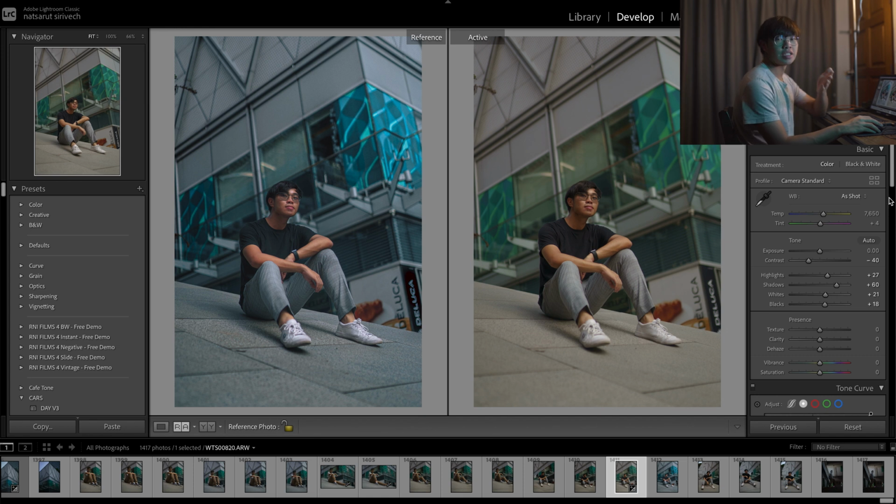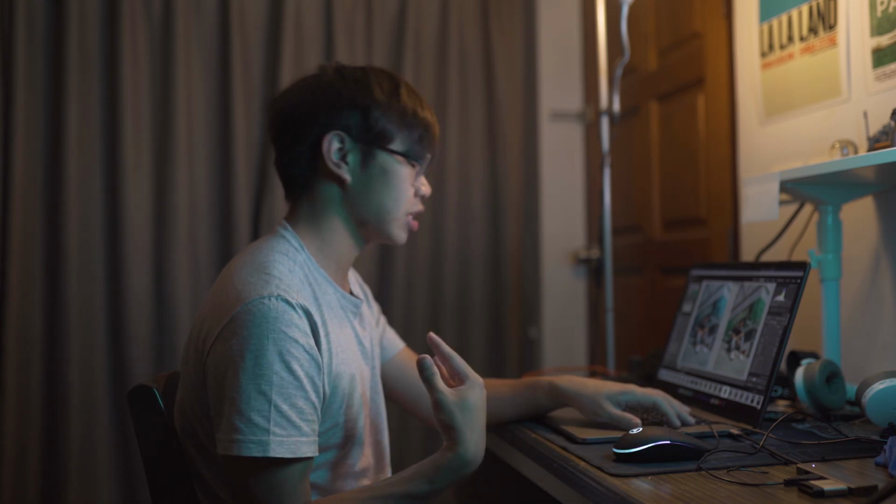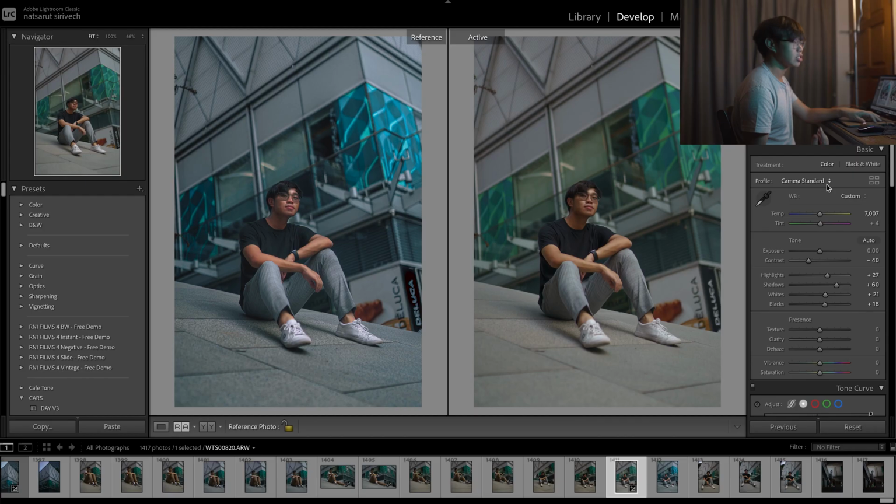Next up is the white balance. White balance is a bit off in this one. It's a bit orange, so I'm gonna slide to the bluish tint on this one, so I'm gonna slide it to the side here until we reach maybe. Okay, that should be fine. All right, it has some bluish tint to it now, so it looks perfect. It's getting to the tone that I want. So yeah, it's going well.